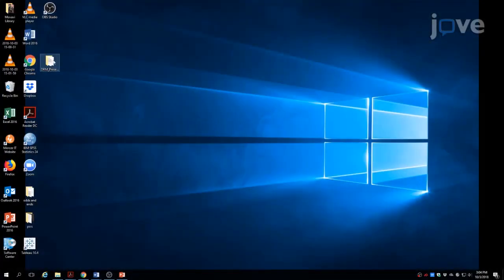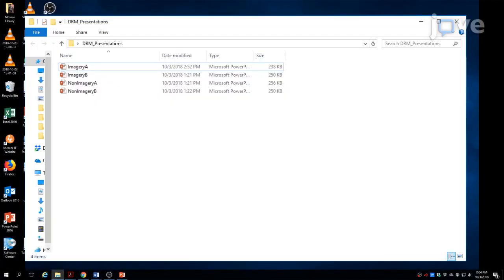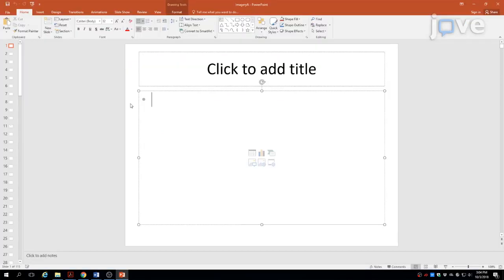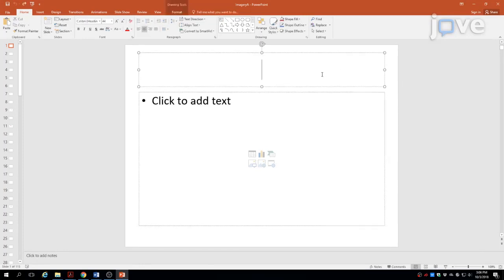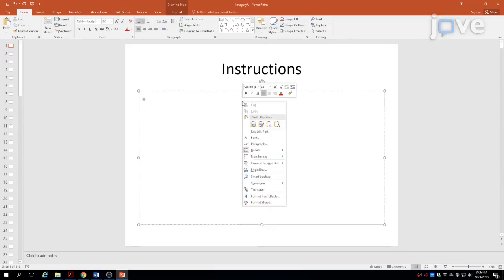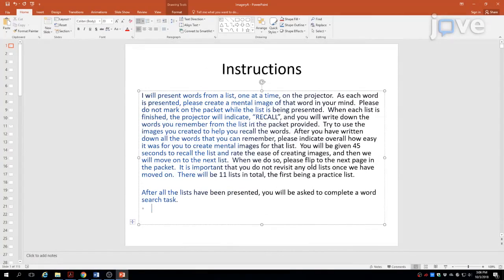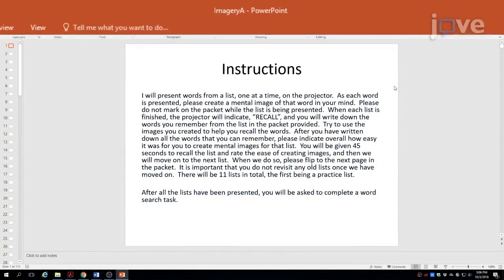Begin by creating 4 separate presentations of word lists: Imagery A, Imagery B, Non-Imagery A, and Non-Imagery B. Ensure that all 4 presentations are void of templates or designs, with white backgrounds and black font. Entitle the first content slide Instructions. In the body of the instructions slide, include the relevant instructions according to whether the presentation is designated as imagery